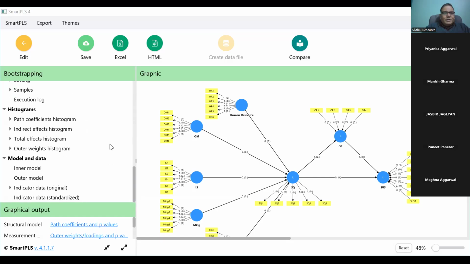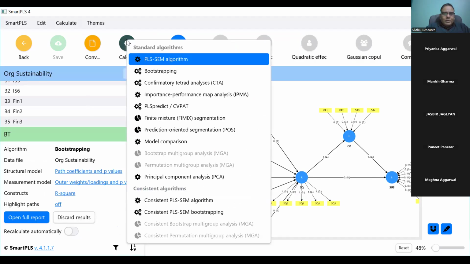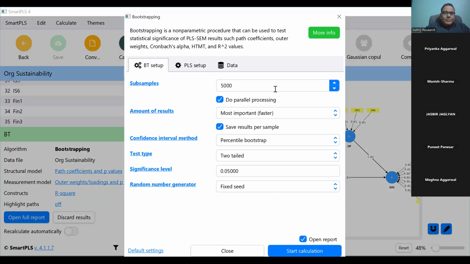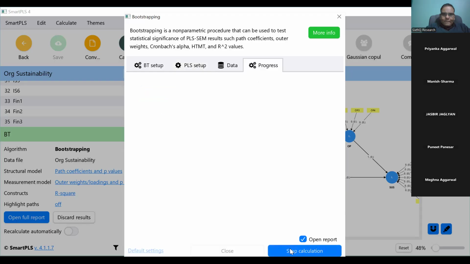इसको पीछे जाओ, एडिट पे, कैलकुलेट पे जाओ, क्लिक ऑन कैलकुलेट, बूटस्ट्रैपिंग। अभी एक पेज विंडो खुली? अभी ओपन होगा सर, अब हुआ। हाँ, हो गई। पीएलएस सेटअप पे जाओ। इसको स्टैंडर्डाइज पे ऑलरेडी है ये। अब इसको स्टार्ट कैलकुलेशन करो। अब आपके पास वो दिक्कत नहीं आएगी।